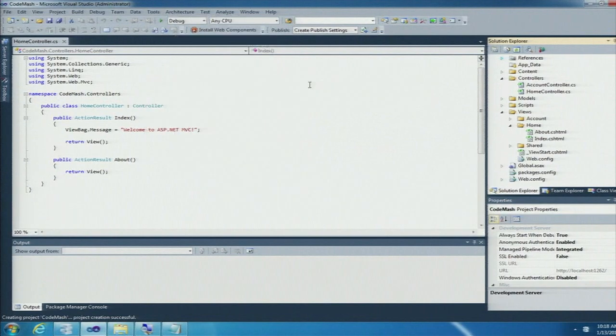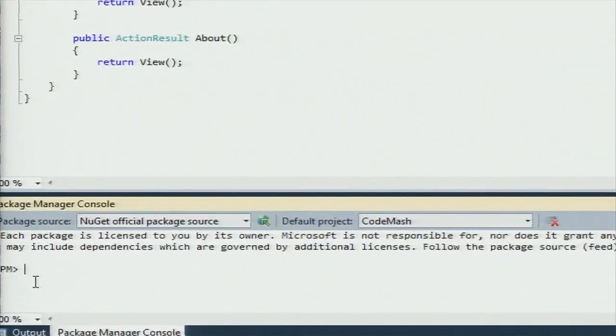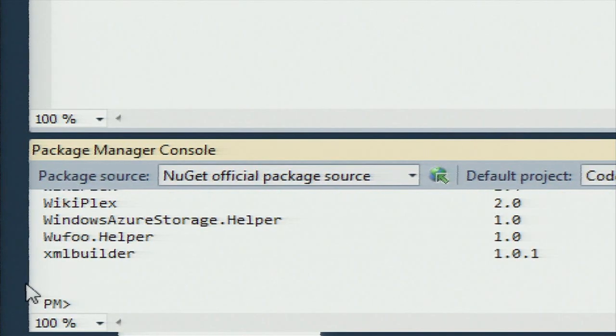Now, the other way of installing NuGet packages is in the library package manager here and going to package manager console. Now, this is going to give us more of a powerful way of adding packages. I'm going to actually go and zoom in here so you can see a little bit more clearly what I'm doing. So first of all, I can do calls like list package and go against the remote server. And that will bring down a list of all of the packages available. I can go and peruse through and figure out whether I want to install.